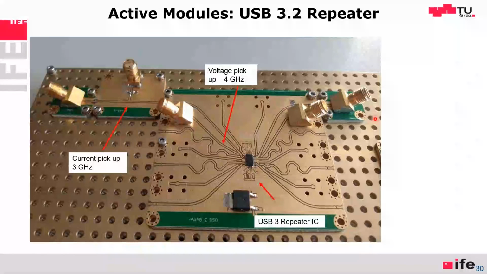Now, this is with USB repeater IC. Here's the IC. And we have inputs for differential USB here. And there's voltage and current pickup here. And there's another pickup here. No, yeah, this is a current pickup. So basically, we have a bunch of USB repeater ICs, which we use for testing. We're testing soft failure, but also damage, to create models.